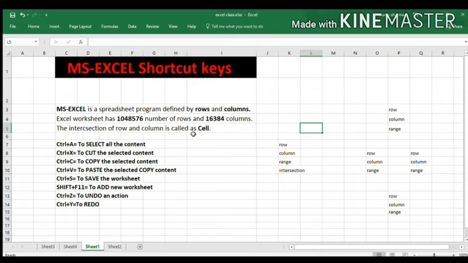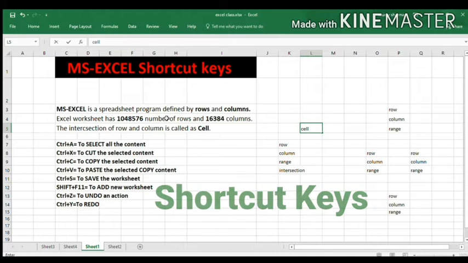This cell has row number 5 and column L, so the cell address is L5. A cell in a worksheet has a unique address, also called a cell reference.